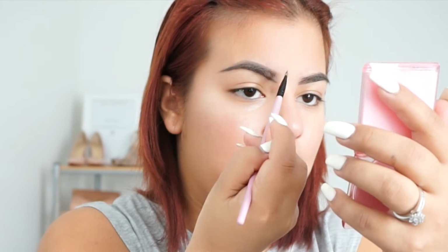I mean, if that's how you like it, you do you. But the way I like it, and the way most people do it, from what I know as experience of a makeup artist, they like more of a natural look, and then it drags into a very dramatic look. Right up here, you're just going to drag a line